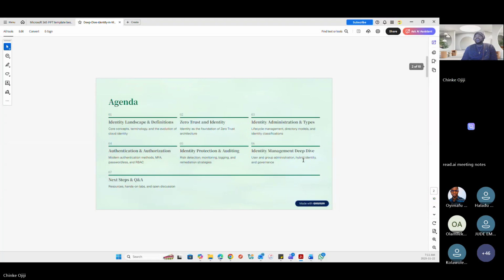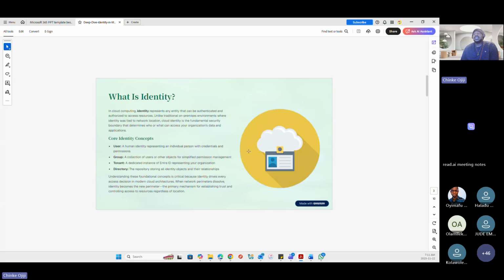So let's go into it. When we talk about identity in a cloud environment, we mean a username or an account. That is what an identity represents. It's a digital representation of a person.